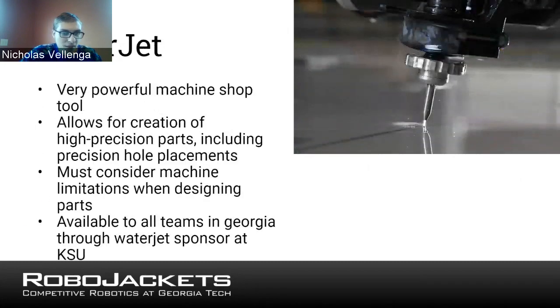Anyway, moving on, the final one we have here is a water jet. Now, my team does not have a water jet, but we have it up here in case yours doesn't, in case you have access to it, like you were saying in the chat. But a water jet is a CNC type machine, which means you give instructions to the computer and it will tell the machine where to cut, which takes a high pressure water jet and blows it through the